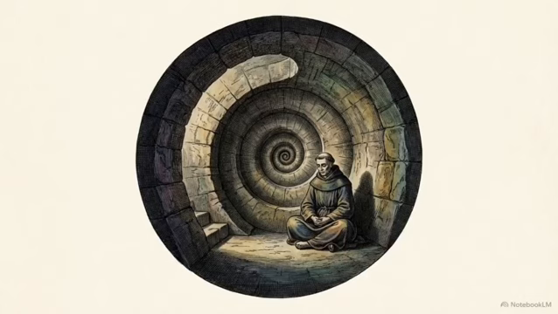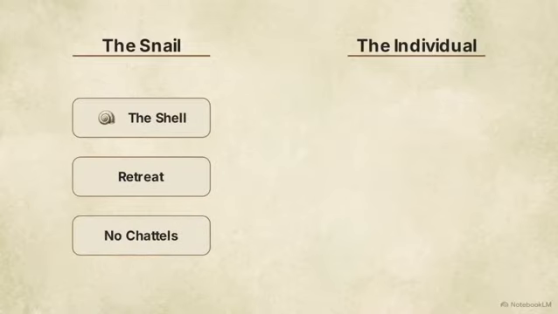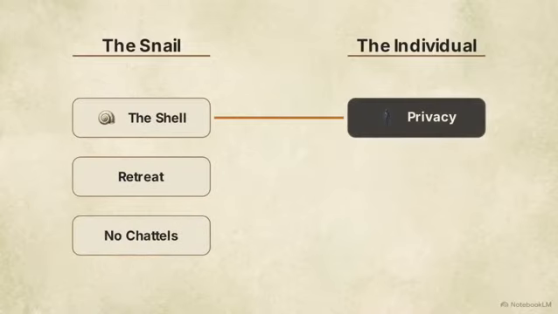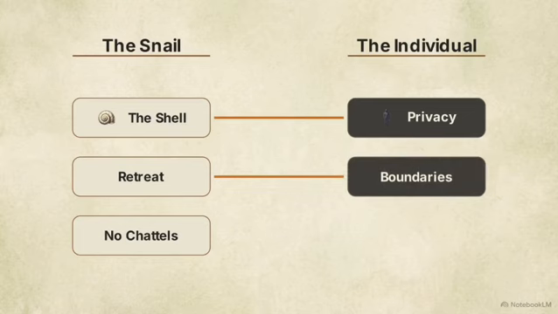In stanza 4, we find the snail living a hermit-like life. It has "chattels, none," meaning it owns no personal belongings or movable property. Note the connection here. The snail's physical behavior reflects the human desire for privacy, emotional boundaries, and finding true peace